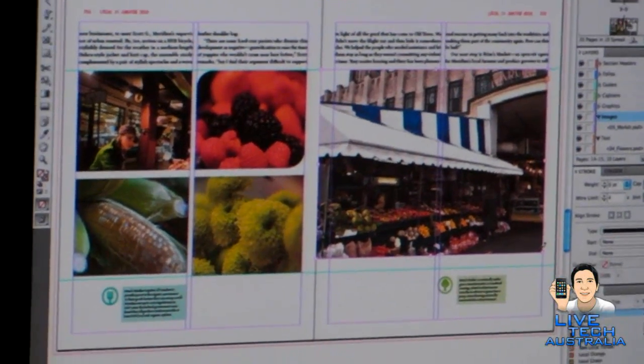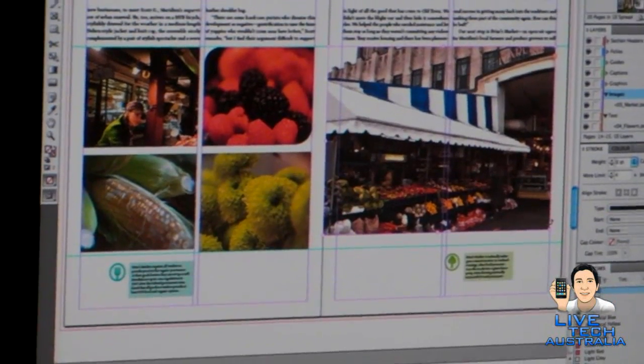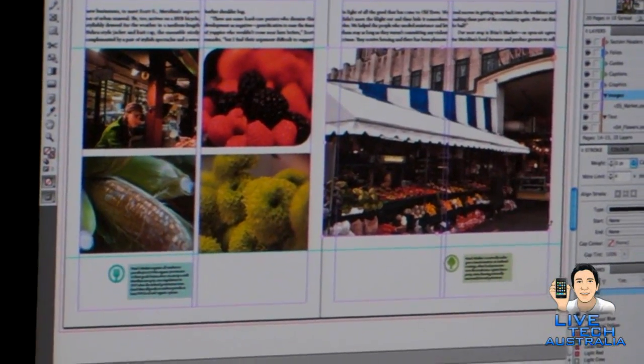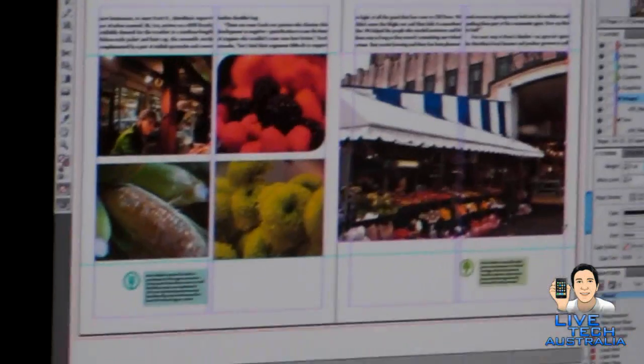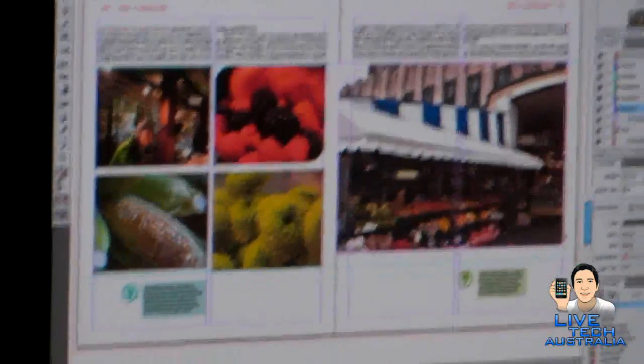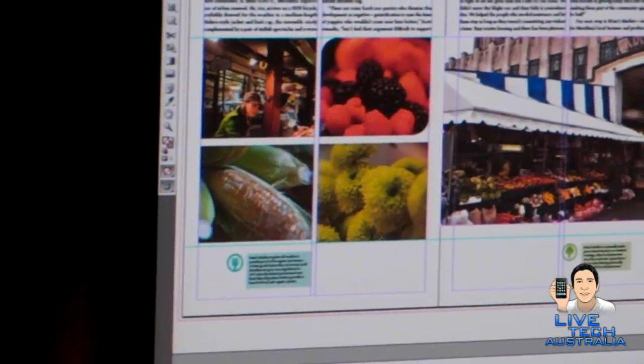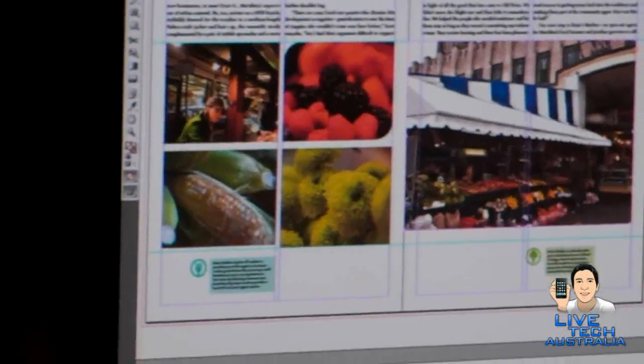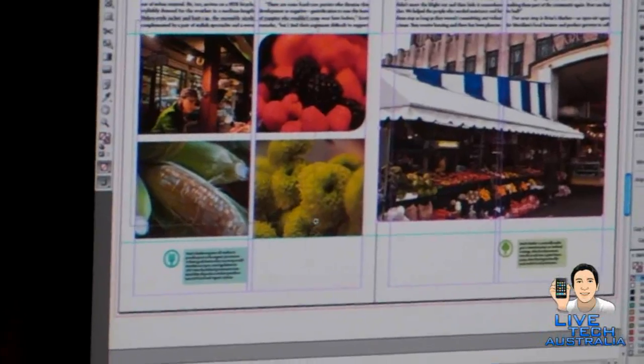And I show this to people who never use InDesign, they go, yeah, so does InDesign do that? And the answer is no, but now it does. And these little things by themselves may not make you rush out and buy the upgrade, but I've got to tell you, when you shove them all together, you just go, it's just so much easier to work with InDesign. So, here's something else. What is